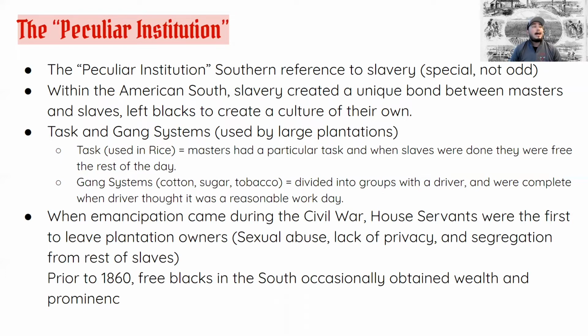Now, of course, how plantation owners make sure that they get the most out of these days is by creating a task that is going to take from the beginning of the day until the very end. So it is still a long workload.